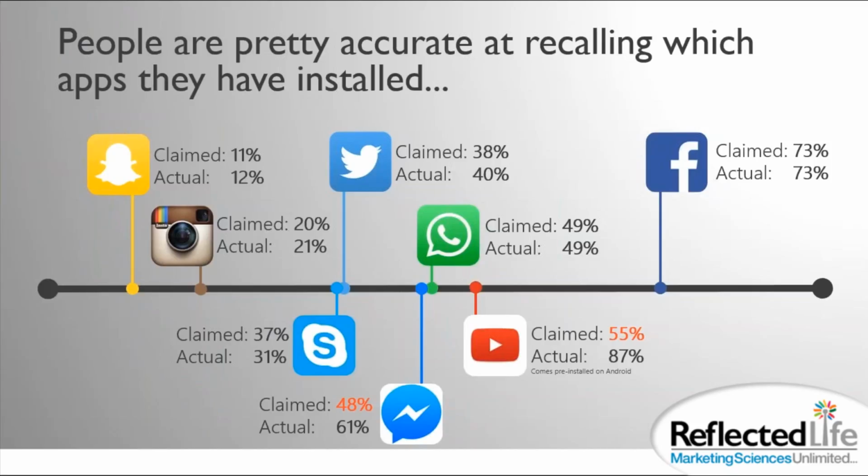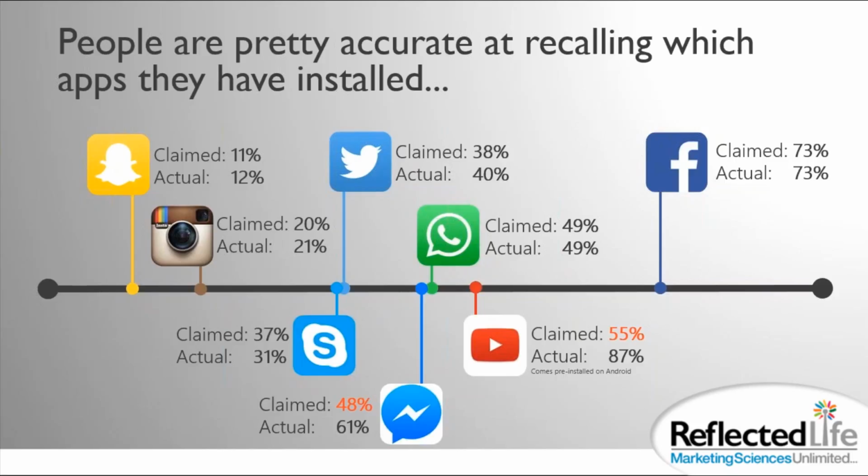This slide shows data from both a survey, so our claimed data here is telling us the percentage of people in our survey that told us they were using a particular social media app. The actual figures are from our passive metering data, which tells us how many of these people were really using it. What you can see on the apps above the line, so we have Snapchat, Instagram, Twitter, WhatsApp, and Facebook. People are pretty good on the whole at telling us what they're using. There are some exceptions. The three that you'll see below the line there,